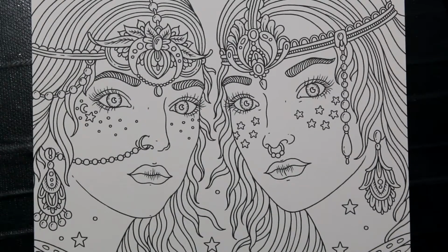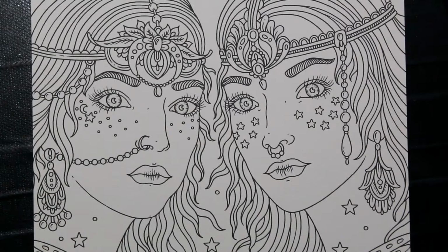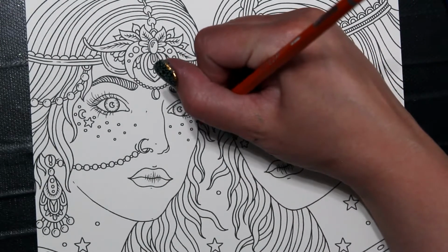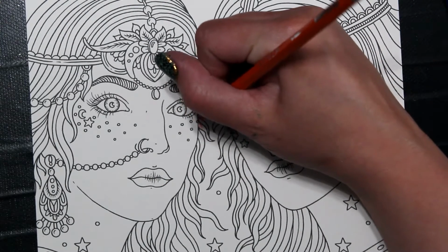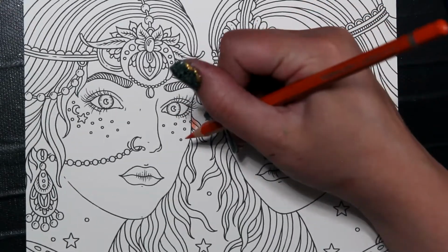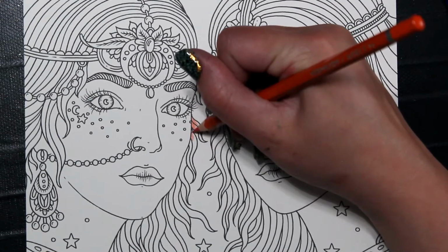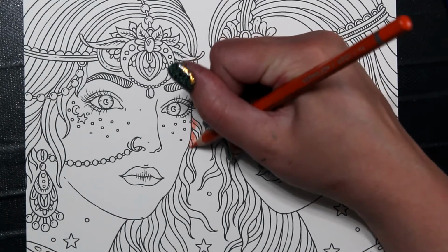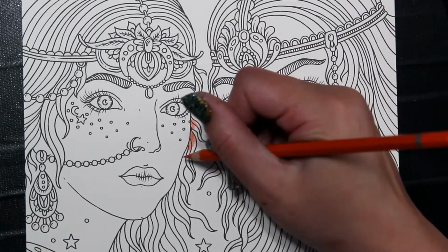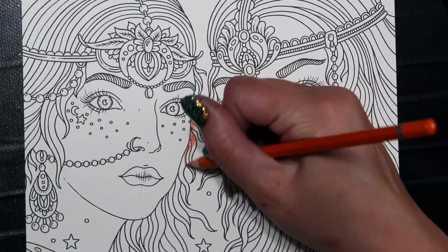All right, let's start with some hair. So I think on this girl over here, we're going to start with some Vermilion A051. Now, Arteza has their colored pencils and then their watercolored pencils. And they are named the exact same. They are the exact same colors. Just one is water soluble and one is not. So we're starting with the water soluble colors, and then we may later build on them with the non-soluble ones,